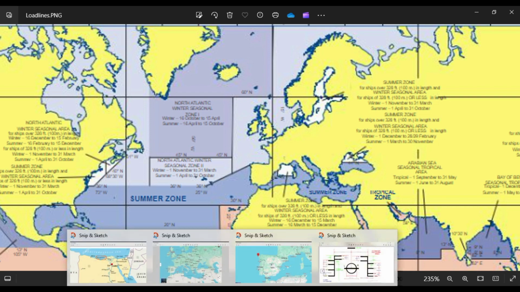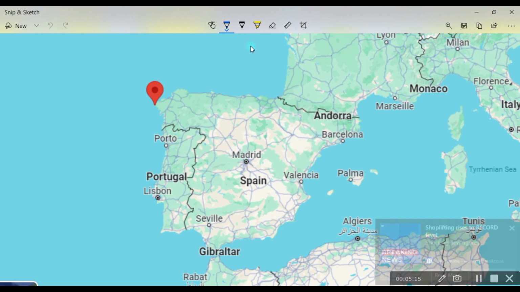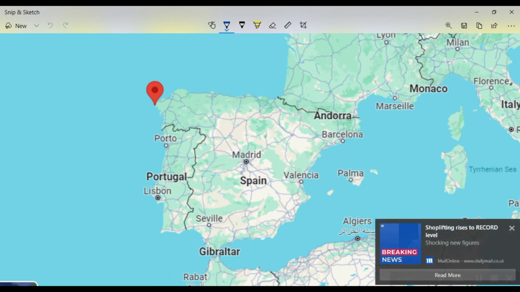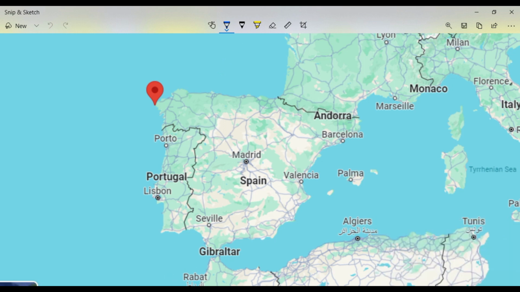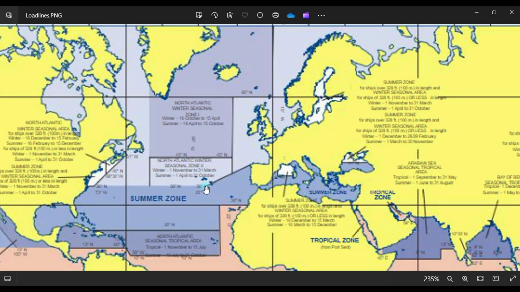So this is the one. From Gibraltar, you go up, passing Portugal, and this point is Torinana, where this line here is winter going up. You will see the summer zone, this line.